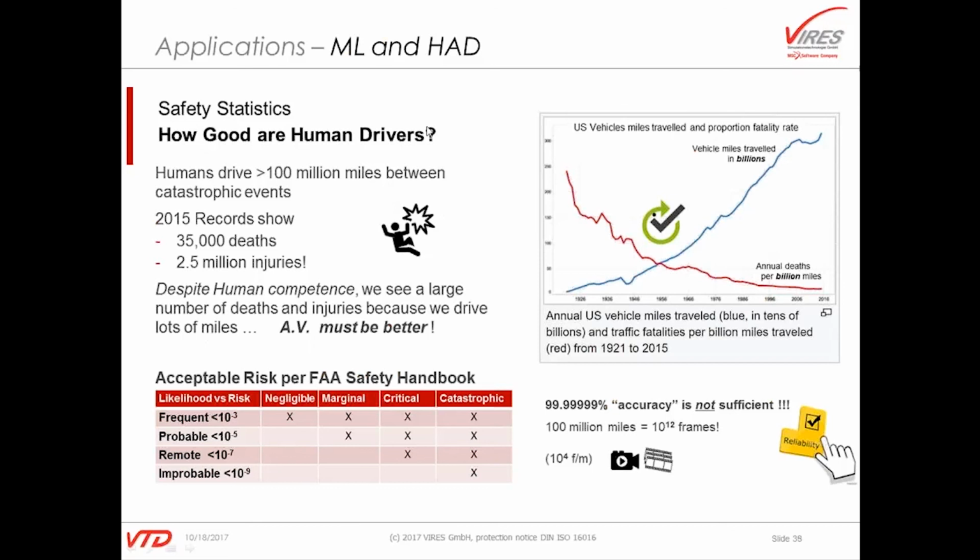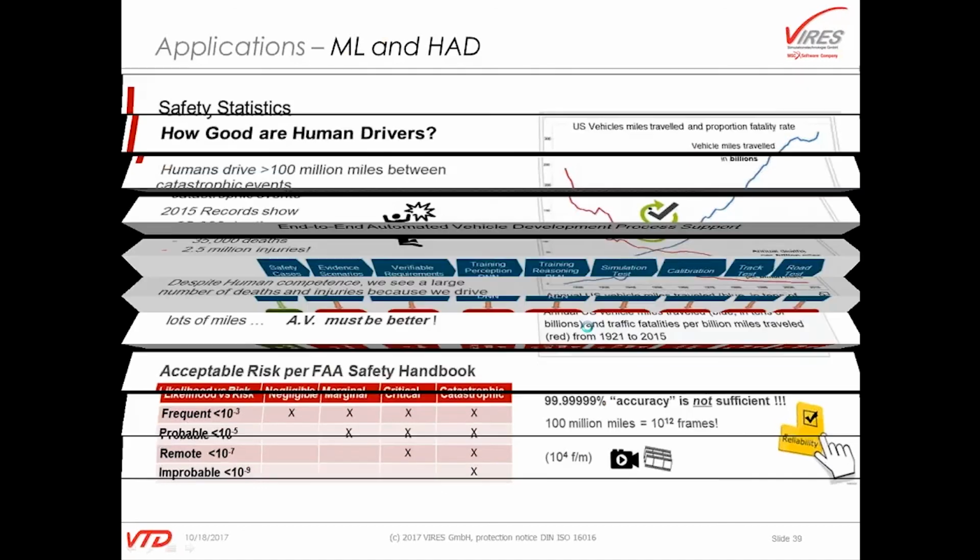This is a little bit of an introduction to the background, why our colleagues and we are now working in this area. The justification for doing virtual testing should be clear, but this picture shows it again: you have to run a couple billion miles just to get enough confidence in your system. Humans are good drivers, but automated vehicles must be better, otherwise they will not be accepted. And there's a high requirement for a very low probability of having a fatal incident.